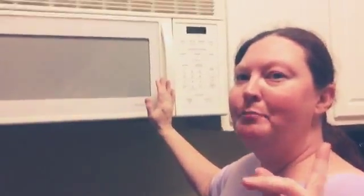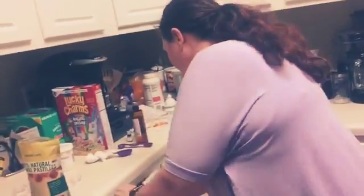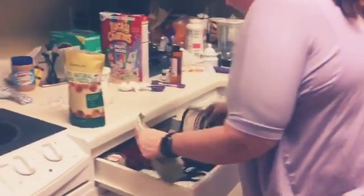Oh, and also have a pot holder handy, because the glass gets hot. As we all know, glass is a great conductor of heat. The pot holder is right there in the drawer in front of you. So we're going to start off with just 30 seconds. And the reason we do it in 30 seconds...